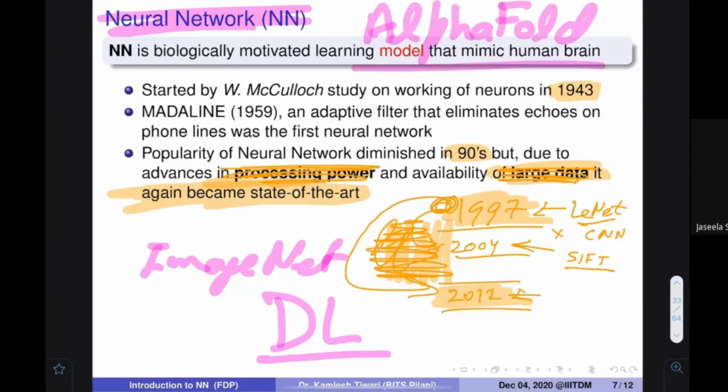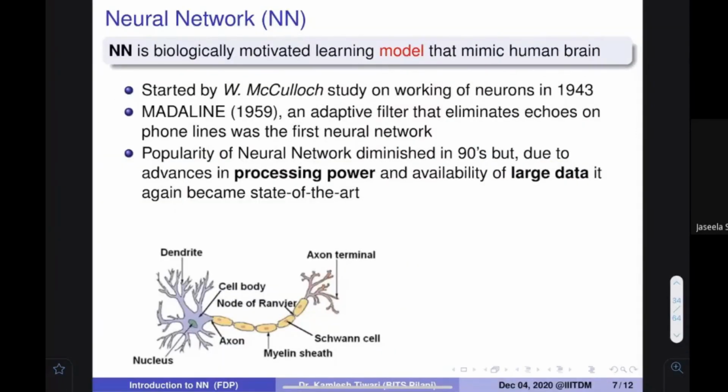And this is one of the greatest inventions at this particular time. I think it came 2-3 days before. They are using neural network architecture. They are able to find out the folding architecture of the proteins, and this is going to revolutionize all the medicines and the things that we are going to do these days. Very recently, you will see a lot of changes out of that. So this becomes state of the art these days. Earlier people were thinking that it had died, but now it has become state of the art.